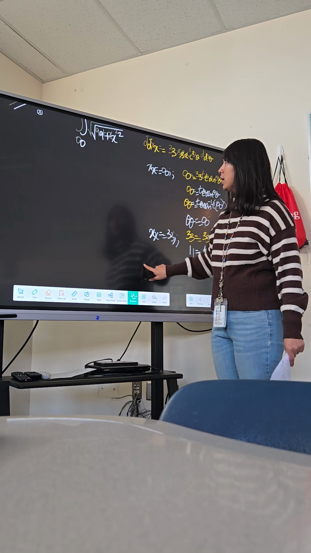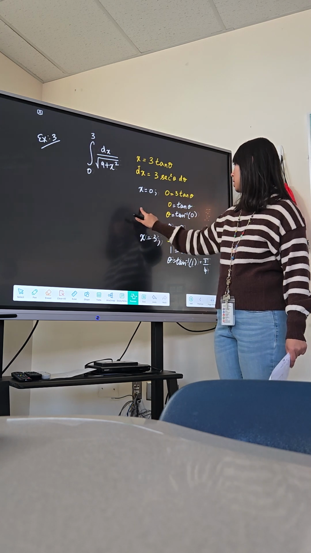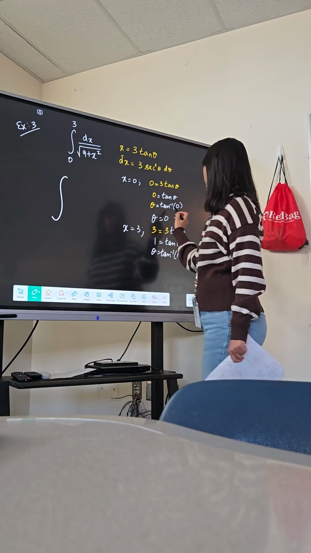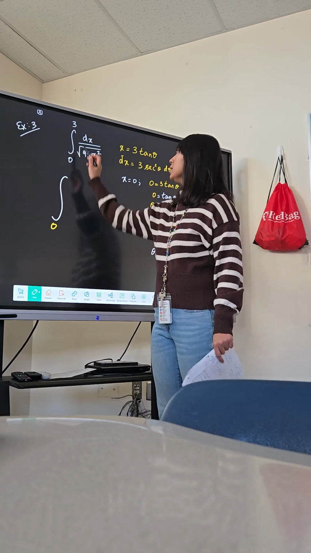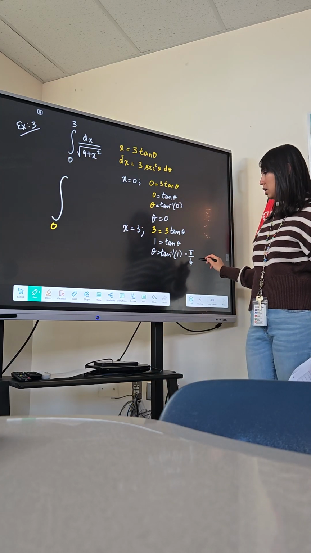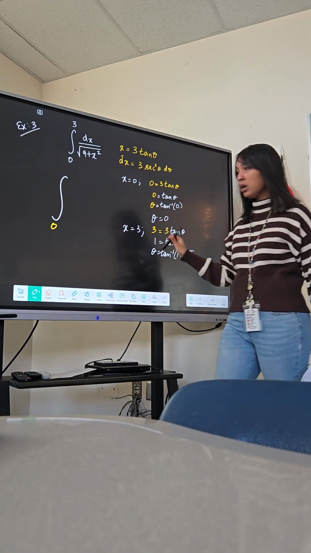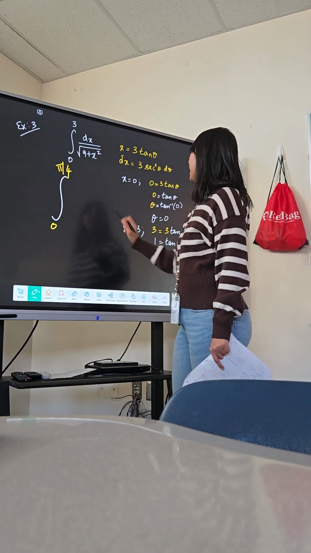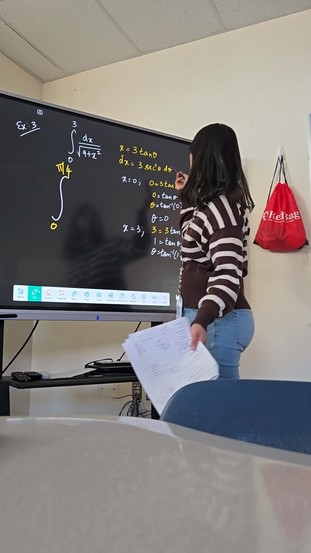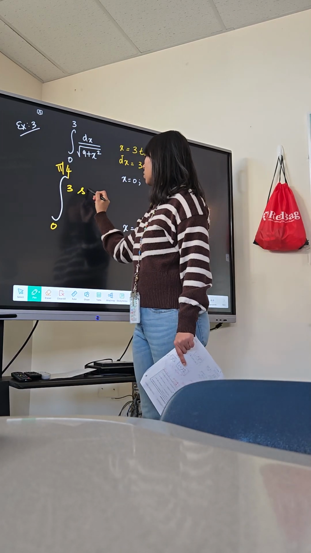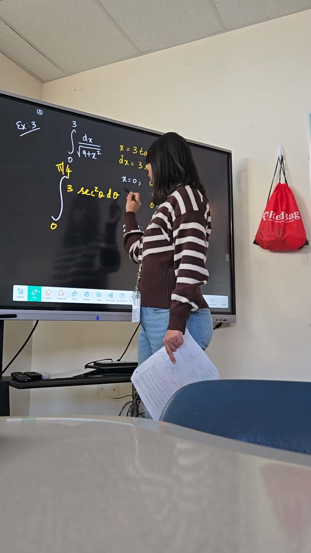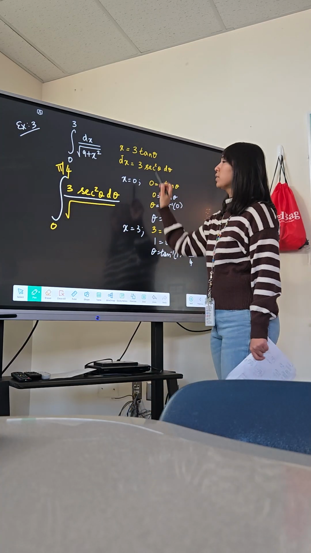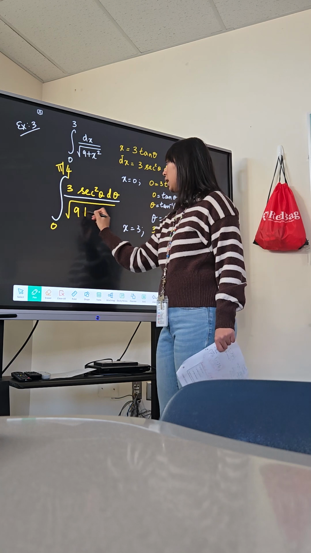Now let's go back to the problem. This is just the bounds. So instead of 0, our bound for theta is 0. Instead of 3, it is pi over 4. I'm going to put the new bounds in yellow. Our dx is no longer dx, it is 3 secant squared theta d theta over the square root of 9 plus